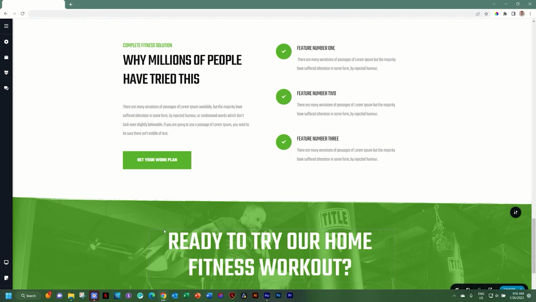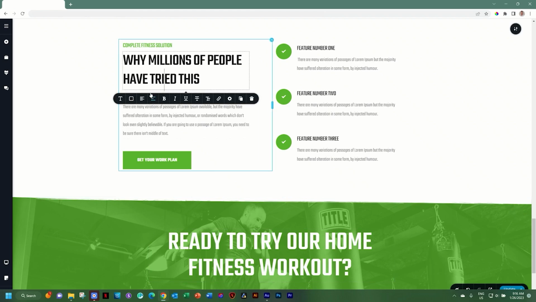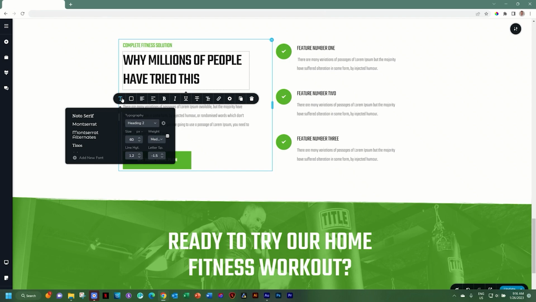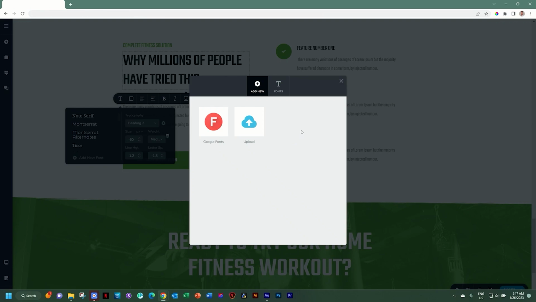Font management is done directly within the builder whenever you work with a text element. I'll select this heading that I've created with the text element and go all the way to the left for the T for typography. You access it here by Add New Font. The splash screen that appears gives you the opportunity to add new fonts, but let's look quickly at the Fonts